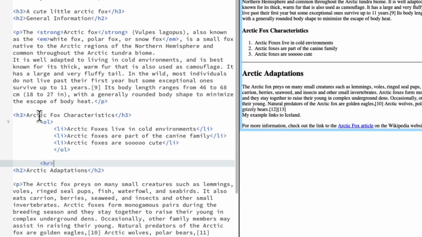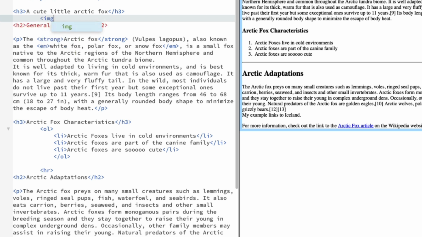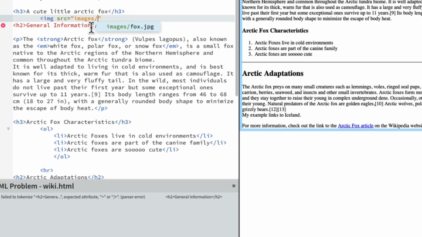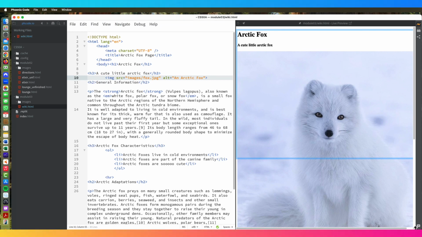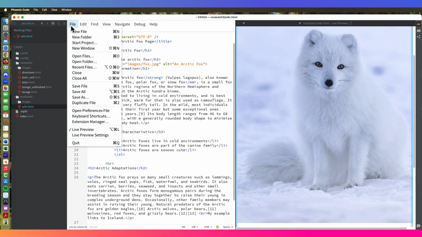And the other thing I'm going to do is go back up near the top where it says a cute little Arctic fox. I'm going to put my cursor after the close of the H3, and I'm going to type in IMG SRC equal, and then look inside of my images folder for fox.jpg. I'm going to then say Alt equal Arctic Fox, and then close that IMG tag. And there we see my Arctic Fox, and I'm going to go File, Save,